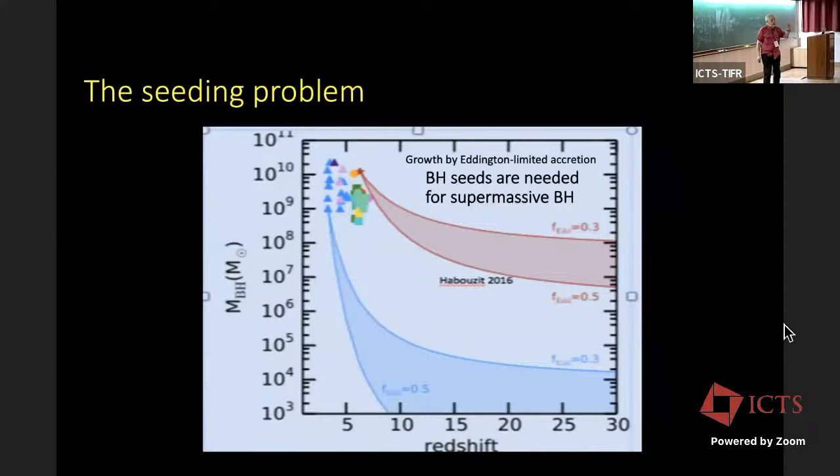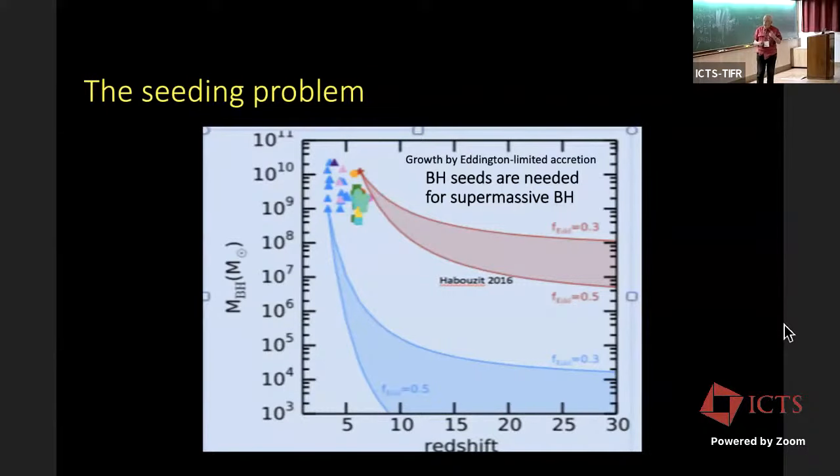Given that we're finding black holes of billions of solar masses, 6 billion even near to us, M87, and equally at very high redshift, redshift 6 or beyond, you have to have some seed to make them, because there simply isn't time in the universe to build them up by accretion. You're limited by essentially the radiation generated when the accreting gas falls onto the black hole, which stops the infall of further material just by Thomson scattering. And that's called the Eddington limit of accretion.